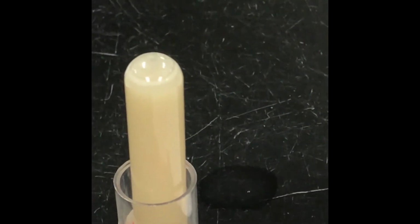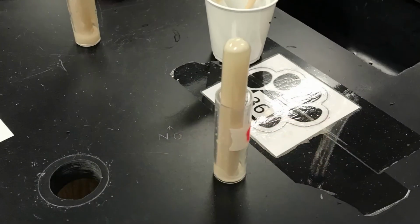What do we got on that one? 2. Ooh, and look at this one. This is fructose and it has 2. Okay, so just to give them a perspective of what it